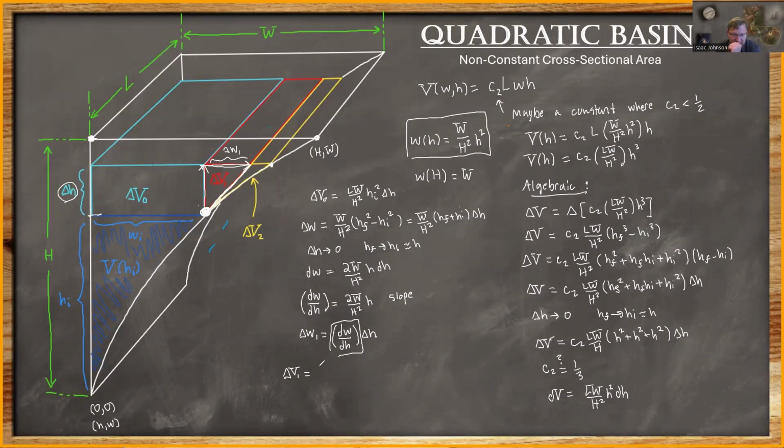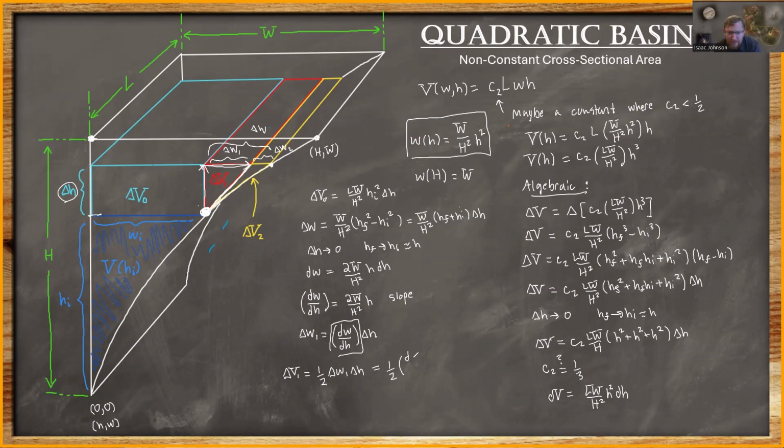delta V1, it's a triangle, so it's a 1/2. We know that because it's half of a rectangle. And then it would be delta W1 times delta H. I'm not writing delta W because true delta W is over here. This is just the delta W that came from the triangle bit. There's also a delta W that comes from the quadratic bit. I would call that delta W sub 2. So at this point, we can find the volume change of the triangle by taking 1/2 and then plugging in